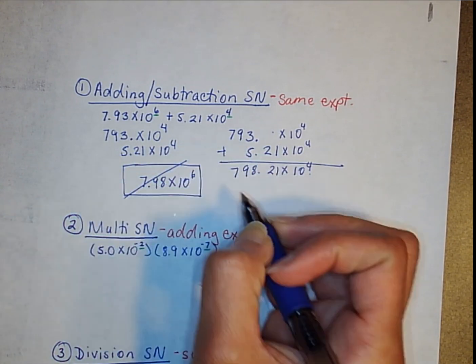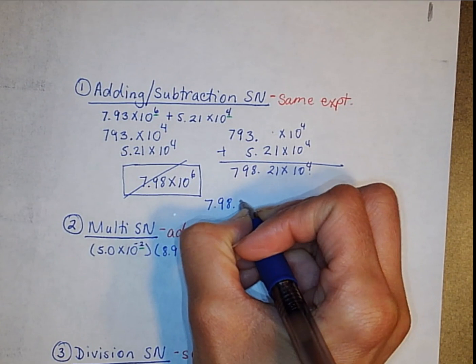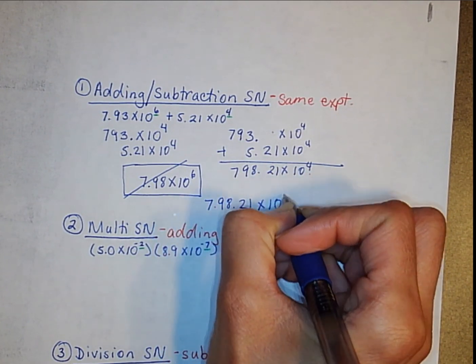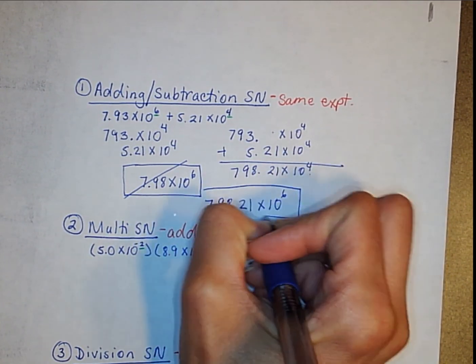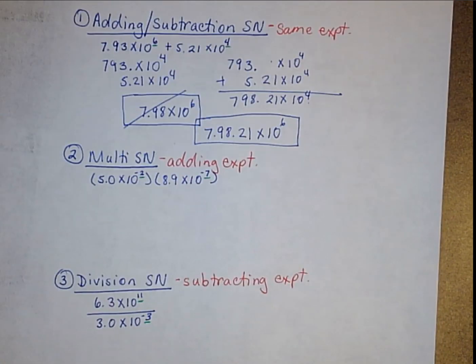Actually, you want to cross that, it's going to be 7.98.21 times 10 to the 6th. Okay, so I just simply forgot the decimals. Okay, now moving on and talking about multiplication of